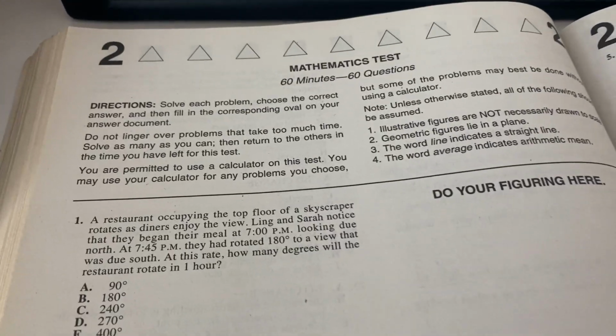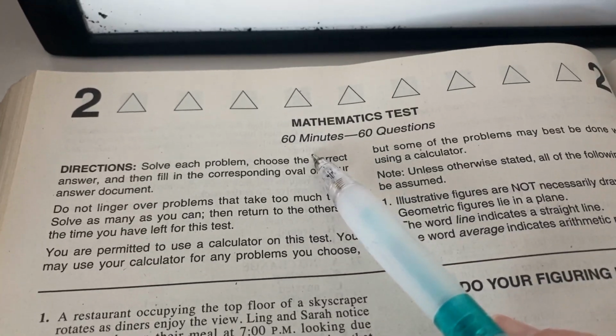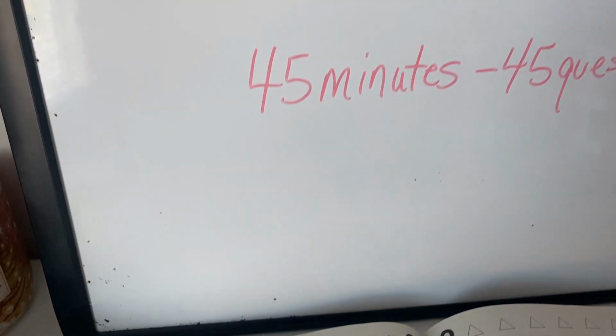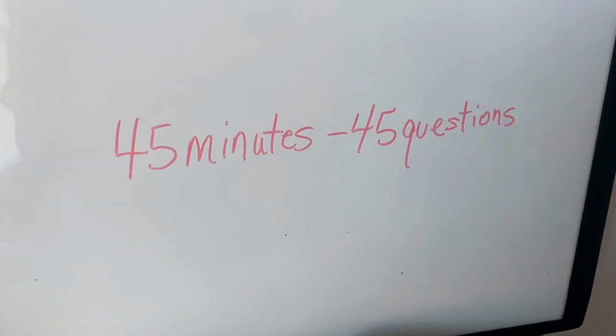Currently, the math section of the ACT contains 60 questions, and you have 60 minutes to complete that. Well, the change that we're hearing is that now there will be 45 questions, and you'll have 45 minutes. Well, still, the 60 questions in 60 minutes, or 45 questions in 45 minutes, you're still going to need to average about 1 minute per question. You will have less questions, so maybe not as intense. We'll have to see, but you're still going to have to be concerned with your timing per question.